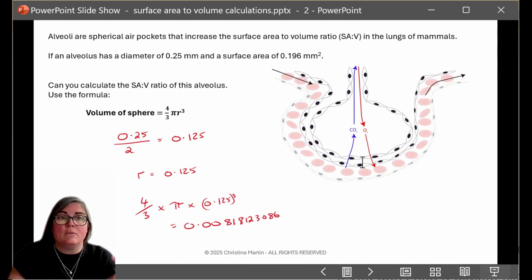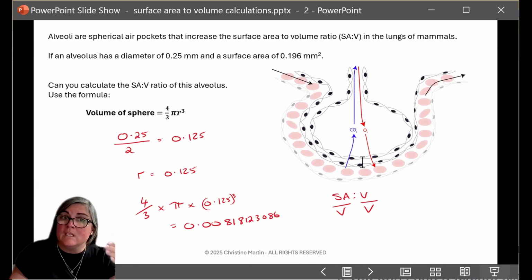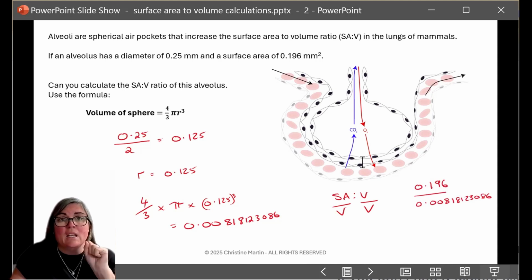0.00818123086. Now, I'm not doing any rounding at this point, and that's important because they've asked us to calculate our surface area to volume ratio. So I know that I should always divide my volume by itself to give me the volume to 1. So therefore, if I divide the volume by the volume, I also need to divide the surface area by the volume as well. So therefore, I need to take that number of 0.196, divide it by my calculated volume of the sphere, and that will therefore give me the answer of